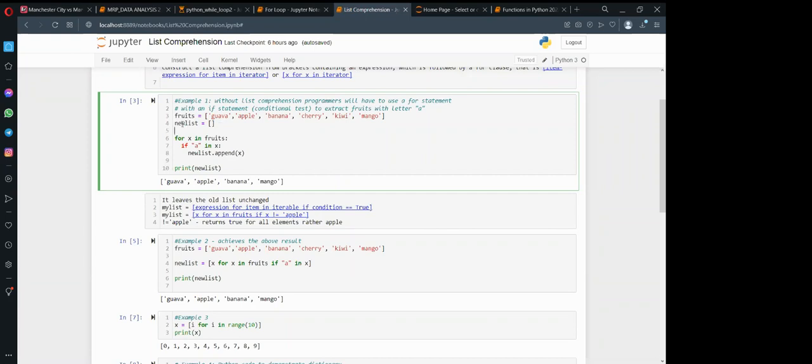This is a new list. New list equals, this bracket means we want to create a new list. So this is a variable called new list, and it is assigned to an empty list.